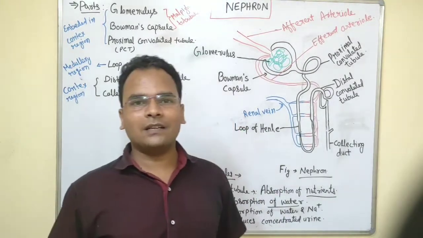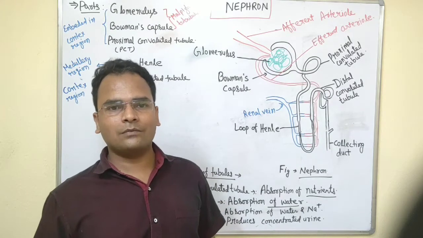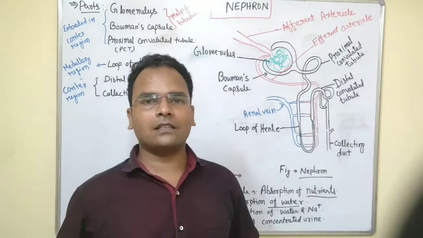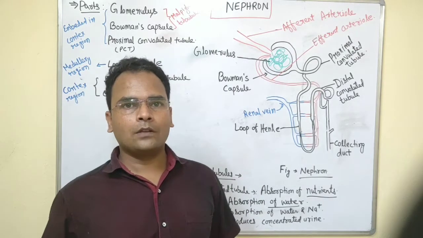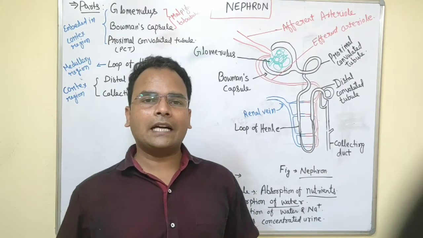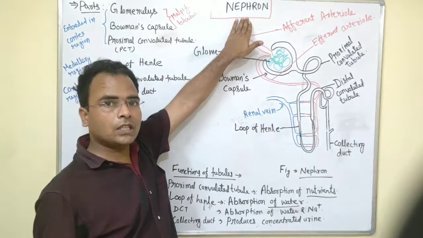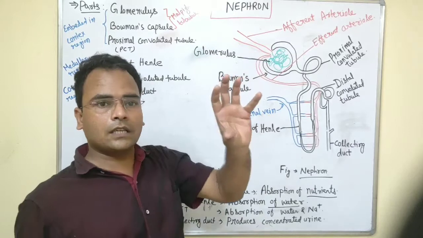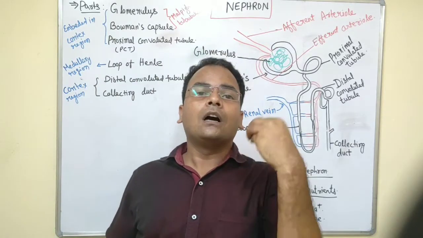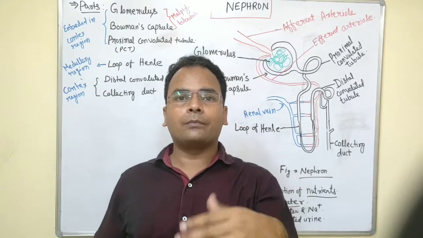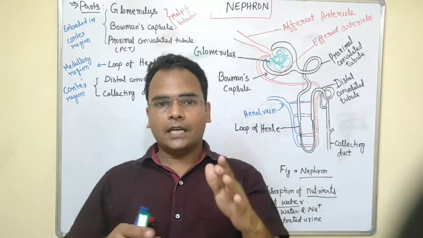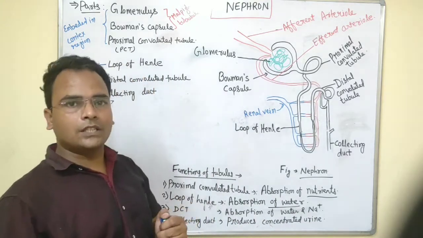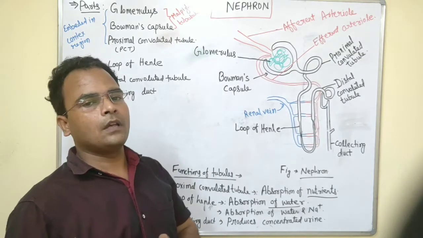In the last lecture, we studied the excretory system. What were the components of the excretory system? What was the vertical section of the kidney? In that we also studied that the nephron is the functional unit of the kidney. It is the structure which filters the blood and keeps out the nitrogenous waste. So the nephron is the structural unit of the excretory system.